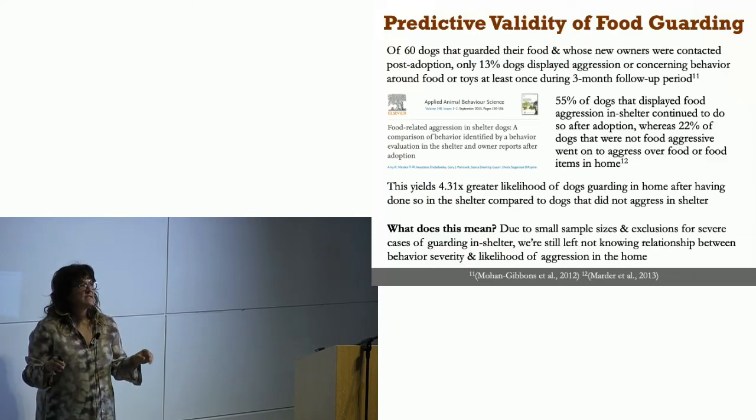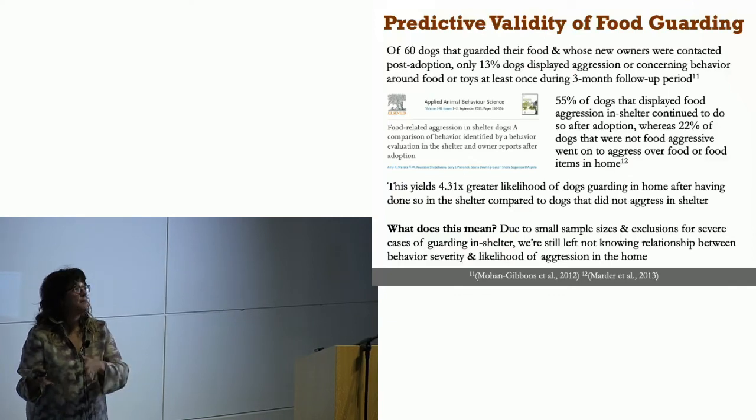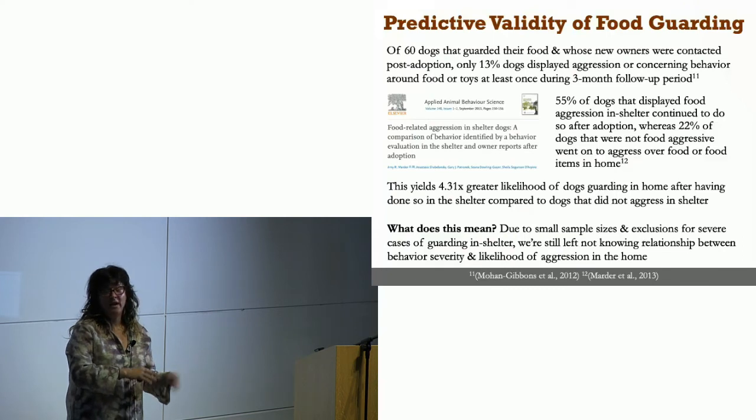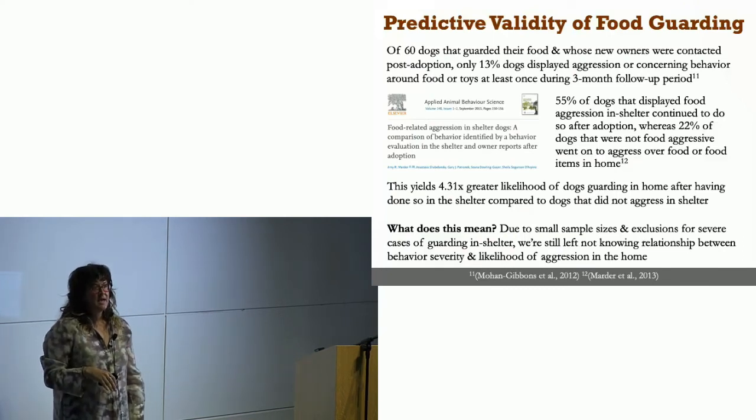But my guess is that dogs that have greater severity in the behavior might be more predictive of doing it in the home than those that are a bit more subtle about their behavior. Maybe not, but I think that we don't know the answer to this question. And I think all of us